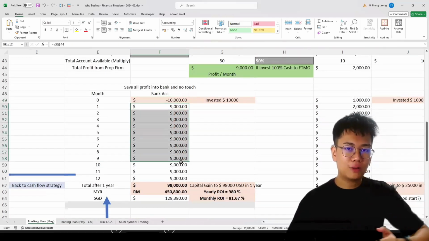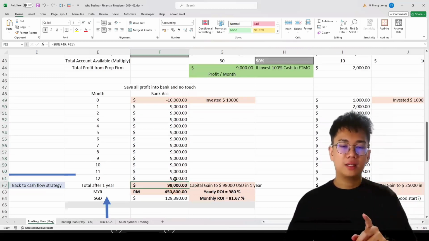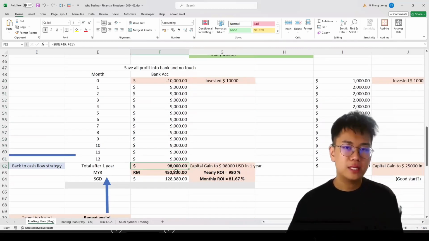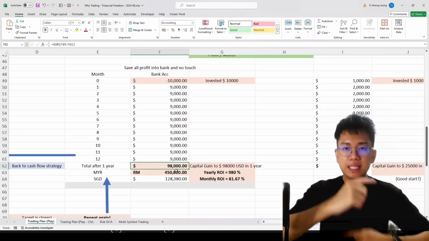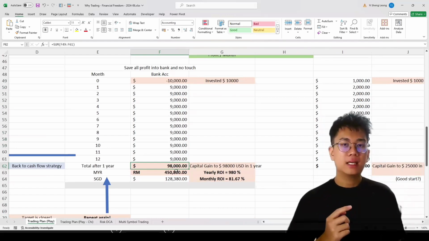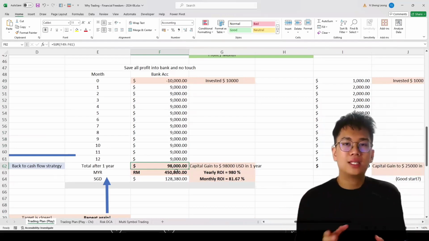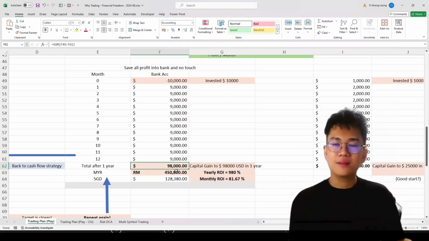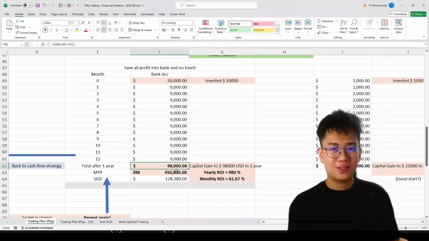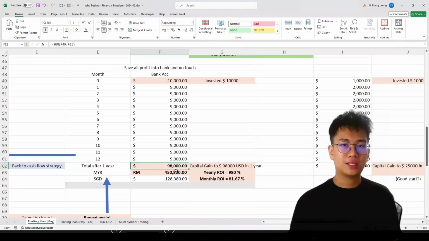Save your money all the way down. That is for the first year. And what you should do is just repeat this process again and again until you think that the money is cash rich already, then just stop. So that is a target that you have to set for yourself, how much you would like to earn